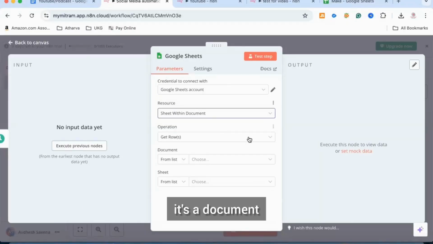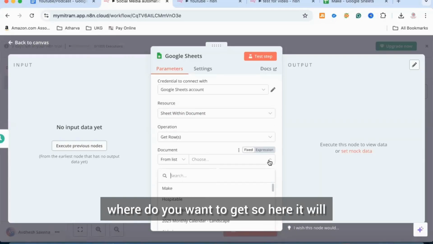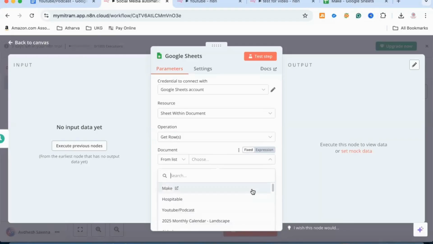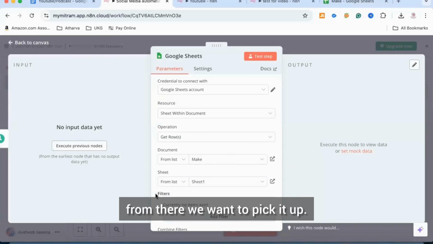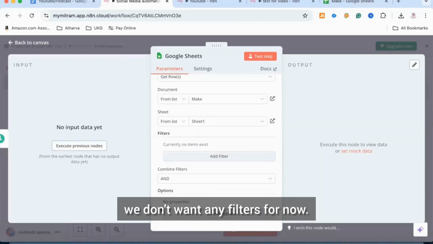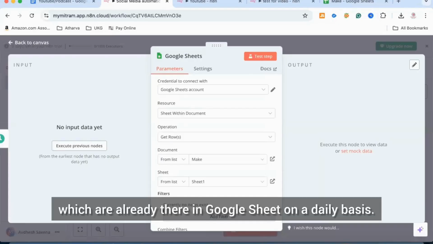Resource, it's a document. You want to get rows from where do you want to get. So here it will ask you to select one of the Google Sheets. So we already have a sheet created. It's called make, and in that we have sheet 1. So from there we want to pick it up. So that's pretty much it. We don't want any filters for now. What we want to do is just pick up topics which are already there in the Google Sheet on a daily